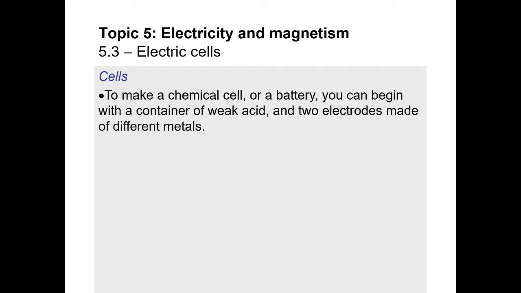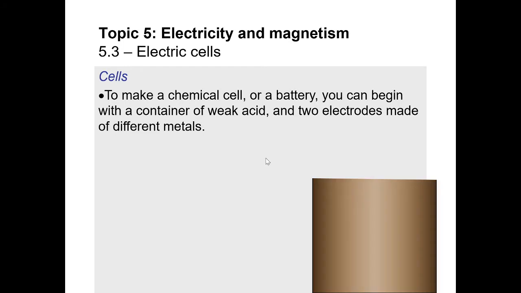That's what this entire section is focused on. What is inside of the battery? How does it work? And is there actually something more happening inside the battery than what we actually looked at in section 5.2? Okay, so first things first, in order to make the chemical cell, also known as the battery,